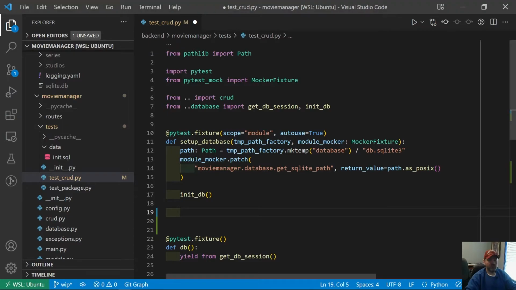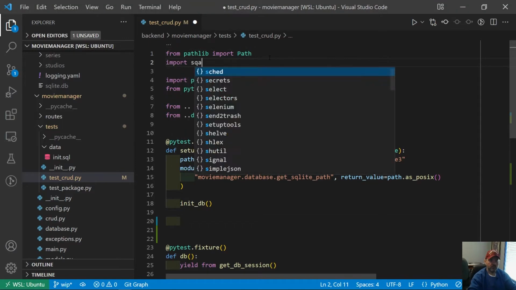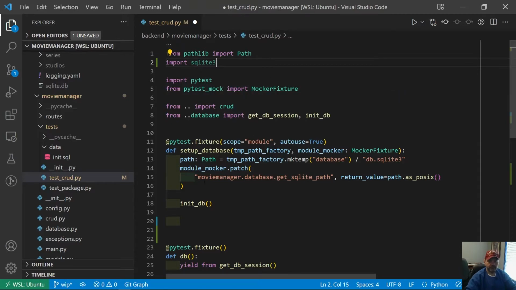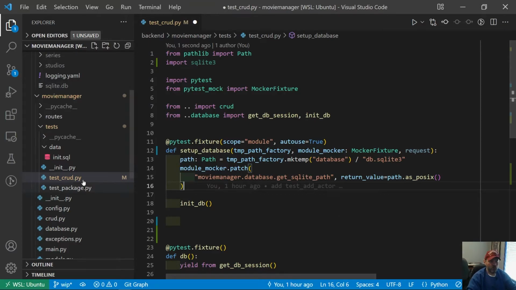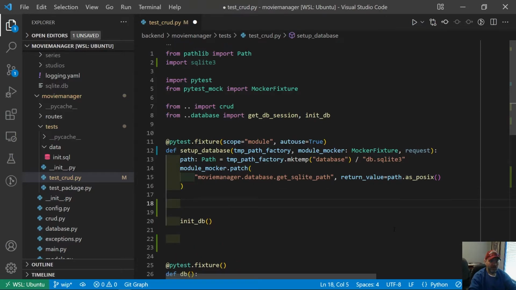To do that, first I'm going to want to import sqlite3. Then before we have our database, I need to get the path to our init.sql. There is a request fixture we can use, and that will help us get the path to this particular file. We can use that to build the path to init.sql. Unfortunately, I can't open just data/init.sql because we may be running this test from different places, so it's not really consistent where it's going to find it. I need the full absolute path. So let's say that